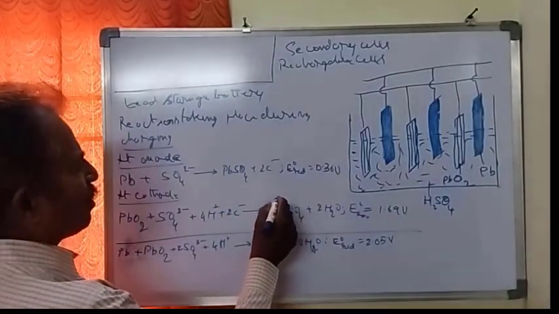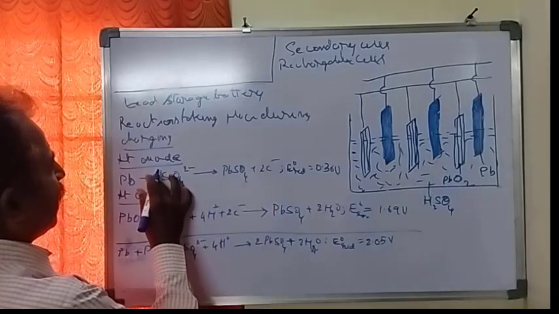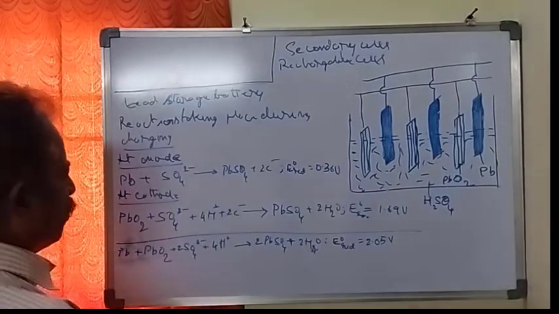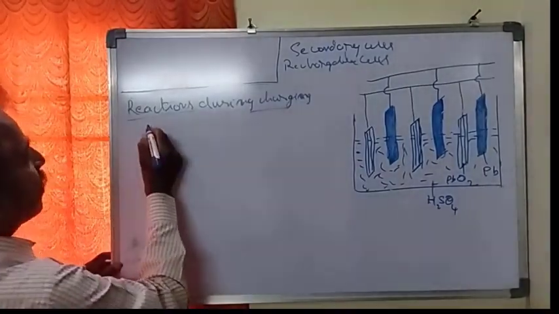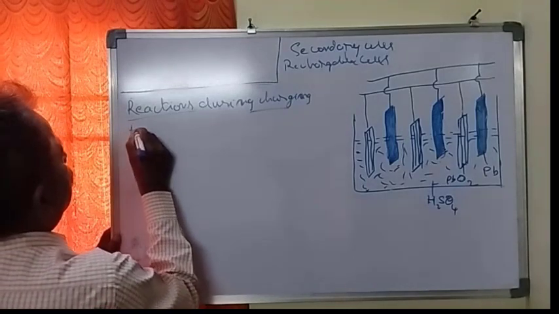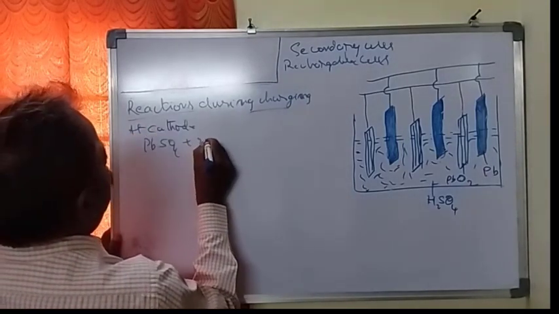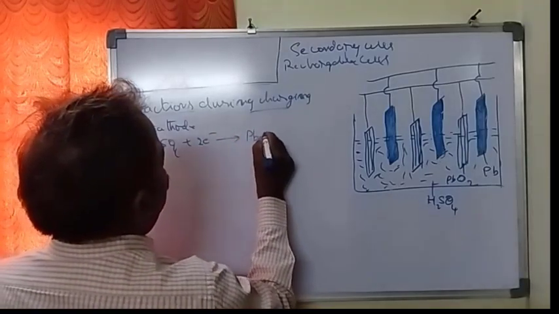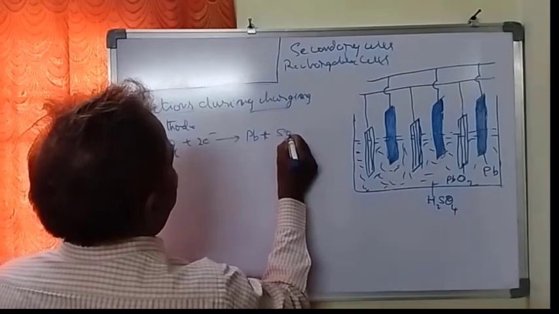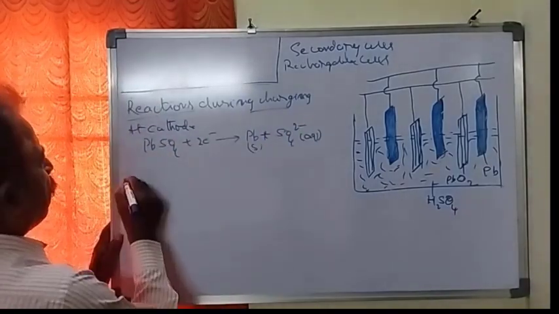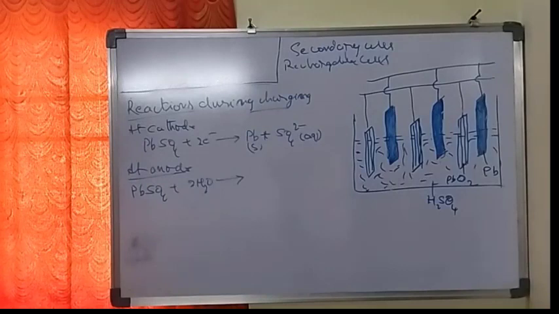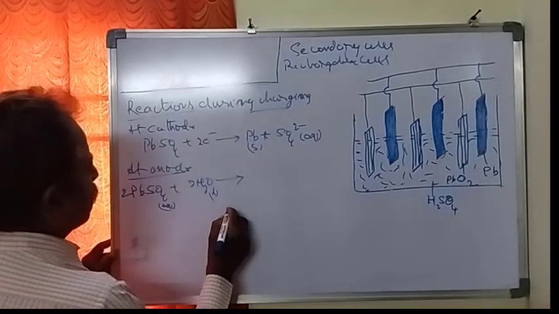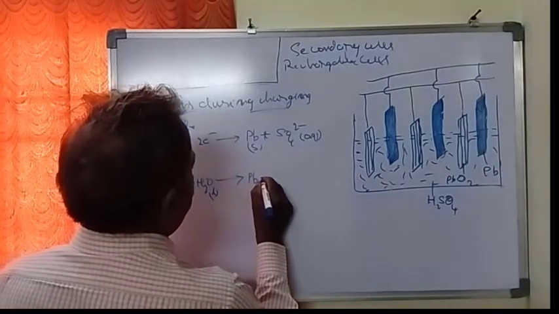During charging, the reactions we have to write here. This is anode, so write this reaction in a reverse manner to get a cathode. So now let us see the reactions involved during the charging. At cathode, PbSO4 plus 2 electrons gives Pb plus SO4 2 minus. Now at anode, PbSO4 plus 2H2O gives, this is in aqueous state and of course this is in liquid state, Pb plus